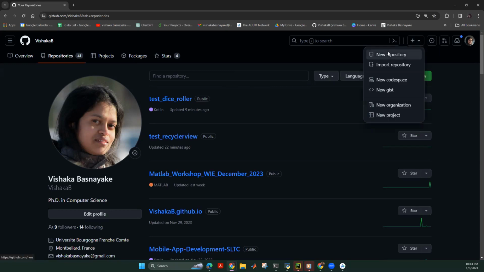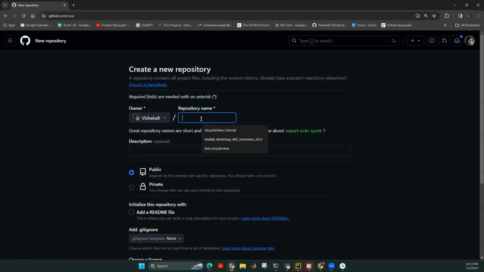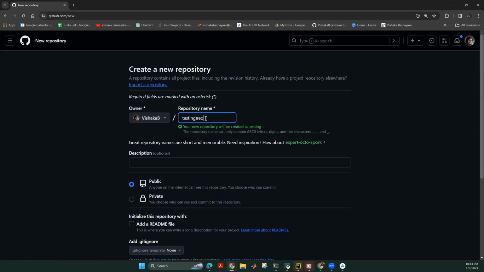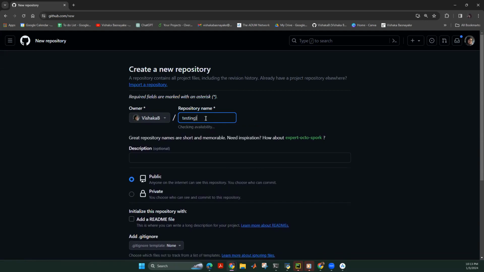So let me create a new repository, and then I can give some kind of a name, testing repository. For the moment, I will give that repository this name. However, you can give a good name for the repository that is related to your project. If you are building a tip calculator, you can mention that. So maybe I will say tip calculator